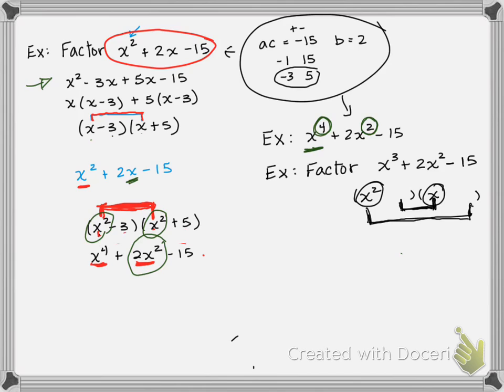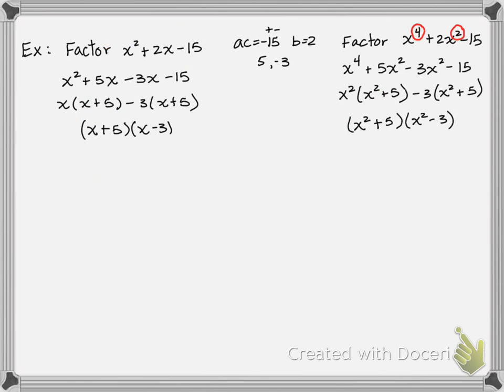Does that make sense? So the upshot of all of this is that if you have 3 terms, you can factor using the AC method exactly the way we did yesterday, as long as the exponent in the middle is half the exponent in the first term. So I can factor